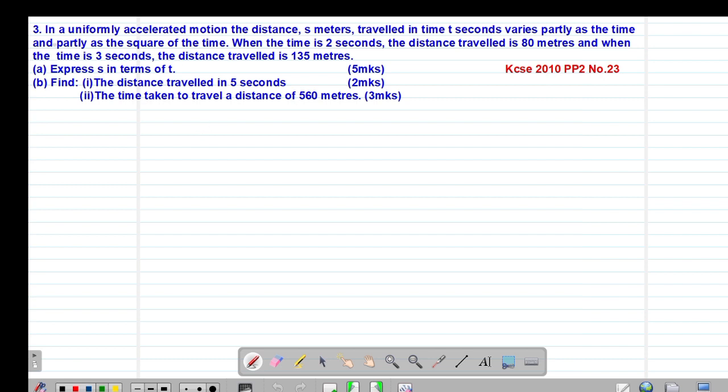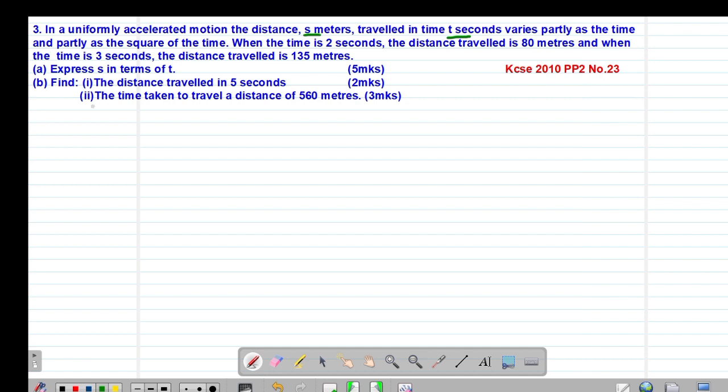So we are looking at our example number 3, which is a past KCSE question tested in 2010, paper 2, question number 23. It is a question worth 10 marks, and it reads that in a uniformly accelerated motion, the distance s meters traveled in a time t seconds varies partly as the time and partly as the square